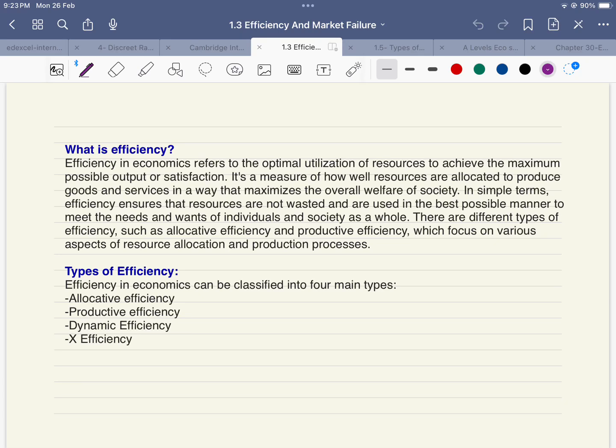The topic that we would be covering today is efficiency. What is efficiency in economics? It refers to an economic state where every resource is optimally allocated, there is no wastage of resources, and no